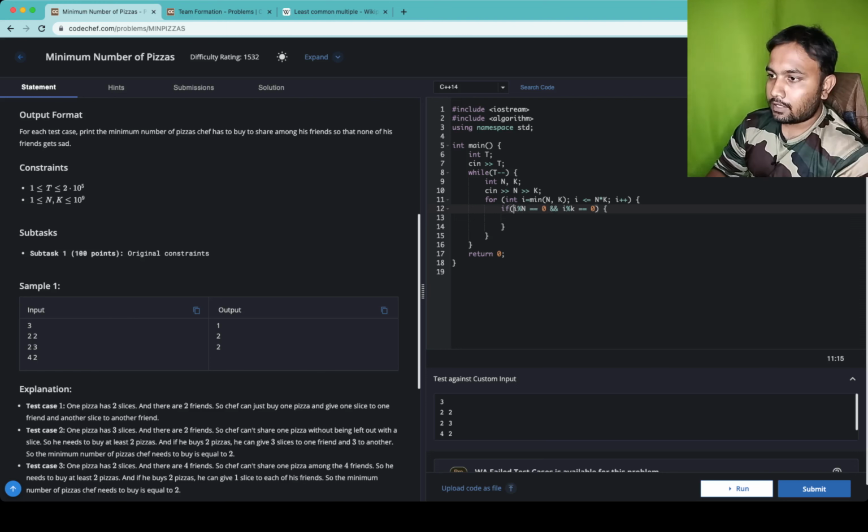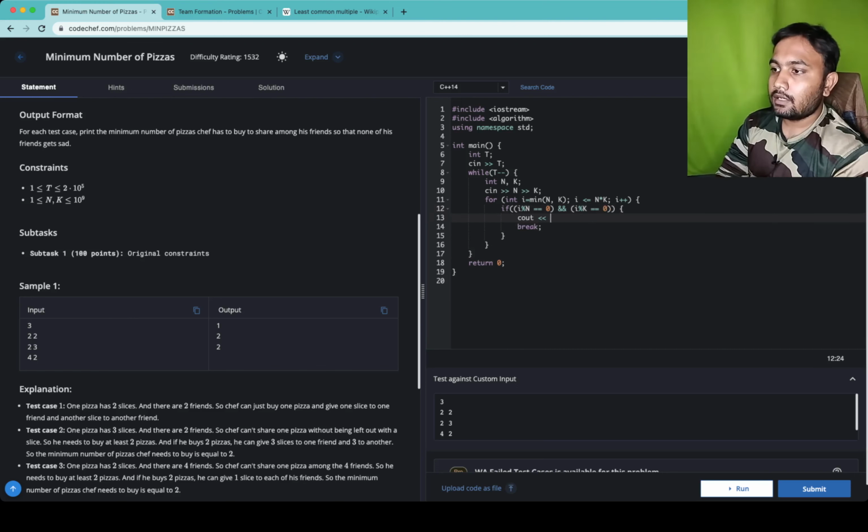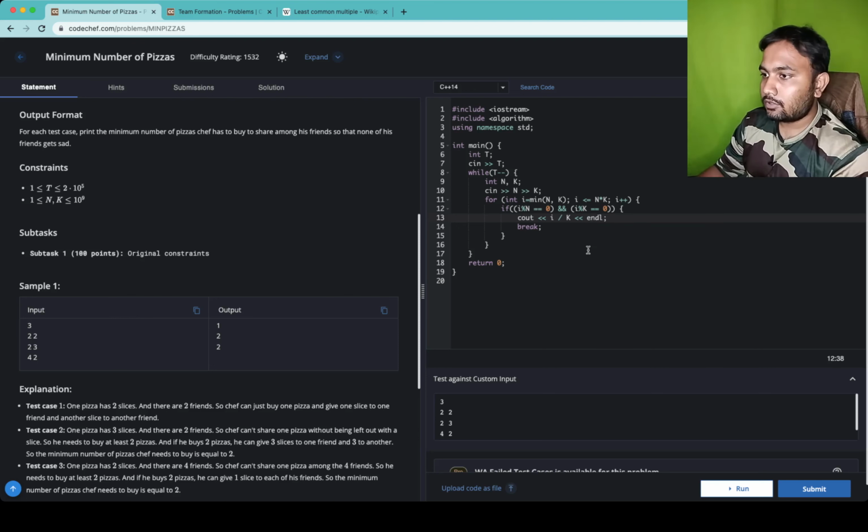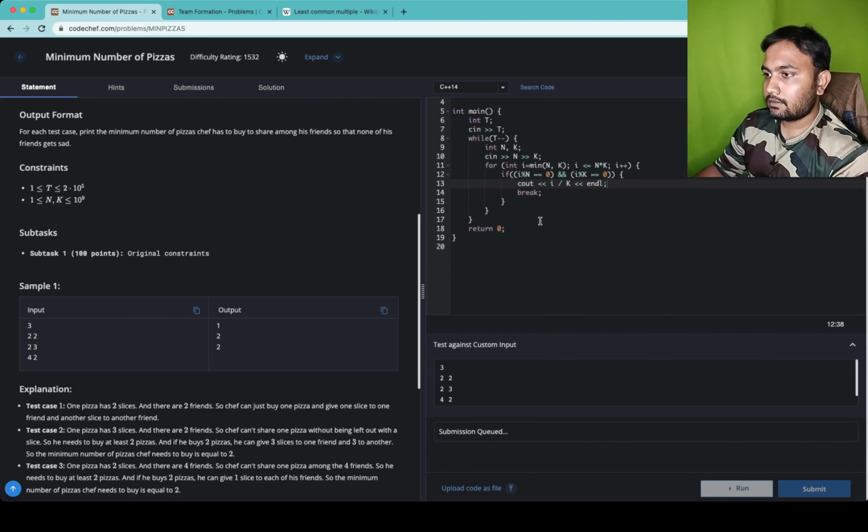So basically what we are trying to do here is we are trying to find the lowest common multiple, okay, of n and k, okay, and if such an i is found, then we will break, and basically our answer will be the number of slices in a pizza is k, so basically we want i divided by k, and that is our output. So if we run this,